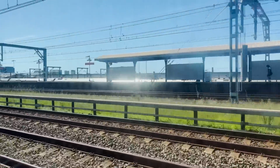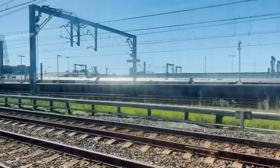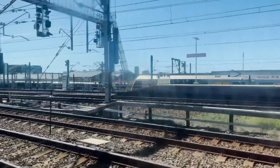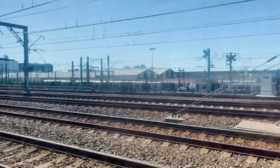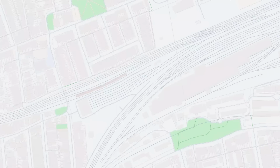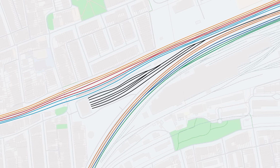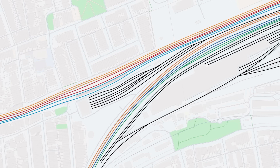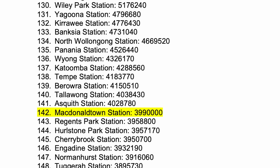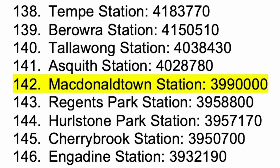Probably the most striking thing about the station, going past it on the train, are the seemingly endless array of railways stretching off into the horizon. There's something like 19 parallel tracks here, and I'm going to say it all in one breath. There's a T1 and T9 that bypass the station, the T2 which stops at the station, the Macdonaldtown stabling yard sidings where suburban trains are stored, the T3, T4 and T5 lines that all turn south right before Macdonaldtown via the Illawarra line, and the Everleigh Maintenance Centre. Phew! Despite all of this, Macdonaldtown is only the 142nd busiest station on the entire New South Wales rail network,